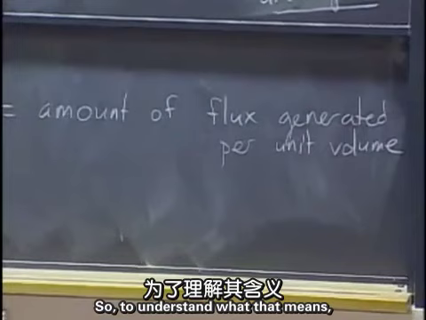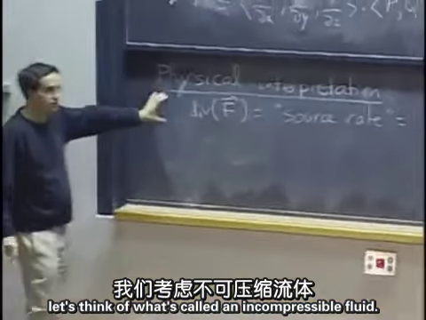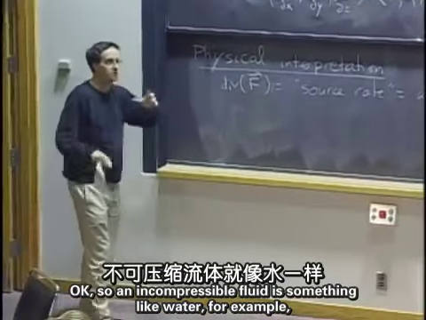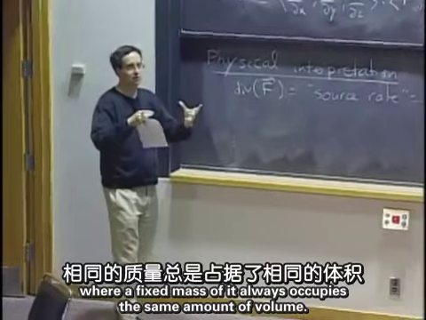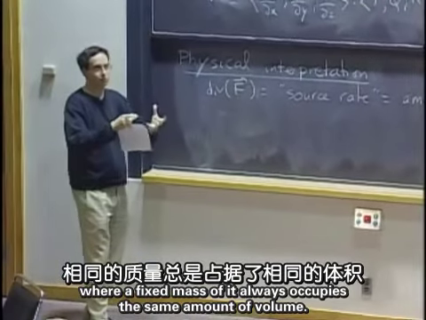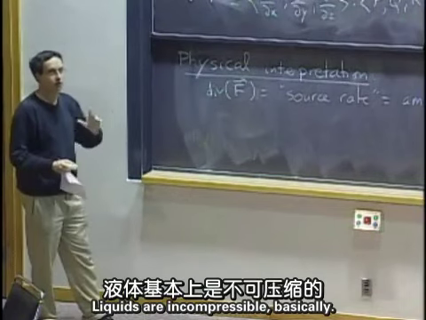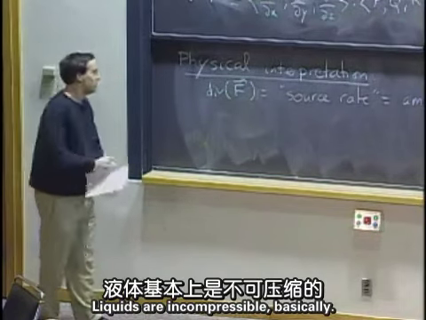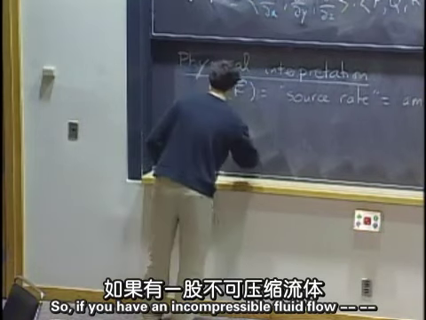So to understand what that means, let's think of what's called an incompressible fluid. An incompressible fluid is something like water, for example, where a fixed mass of it always occupies the same amount of volume. So gases are compressible, liquids are incompressible, basically. So if you have an incompressible fluid flow,